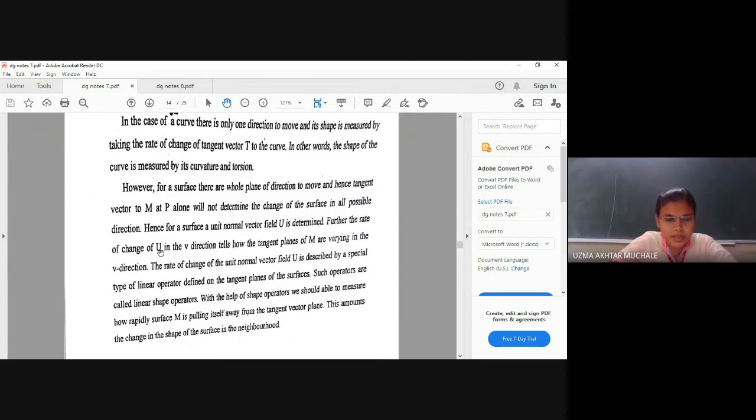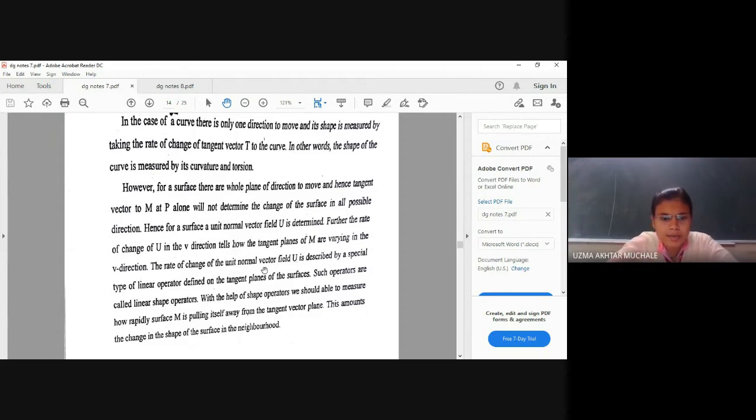If this is a unit normal and we change the tangent vector at every point, it will show you how the shape of the surface looks, with the help of the unit normal. Without knowing the surface, we can say what the shape operator of a surface is, or how the surface looks.